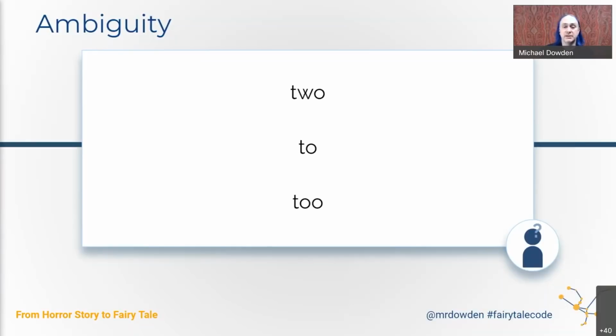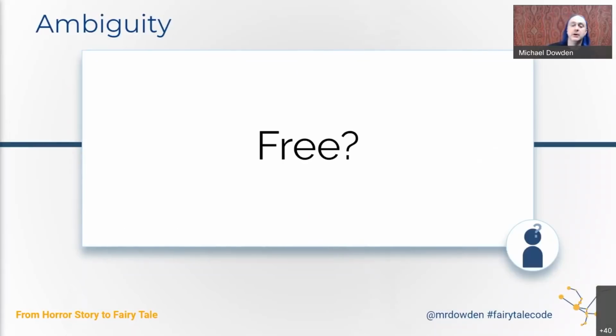There are plenty of examples in English, for example, where something may look the same when you write it, but sound different, and it means two different things, and we need additional context to understand what we're talking about. When I say free, what do I mean? What about when I say software is free?